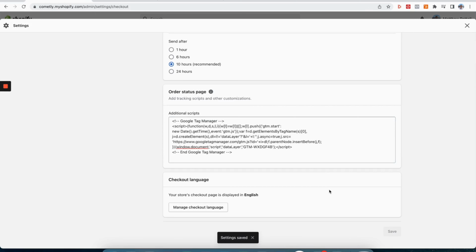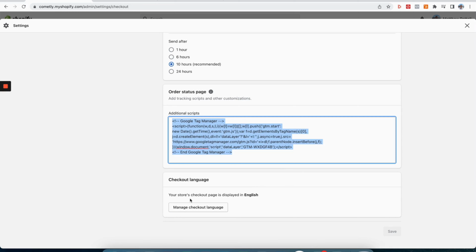Now, if you do have post-purchase apps installed, like one-click upsell or something like that, you are going to see another additional script box below that has additional scripts. You are going to want to paste that exact code there as well. That way you can track all of your upsells as well. So again, it will be the same exact code. If you do have another box below here, paste it there and click save,